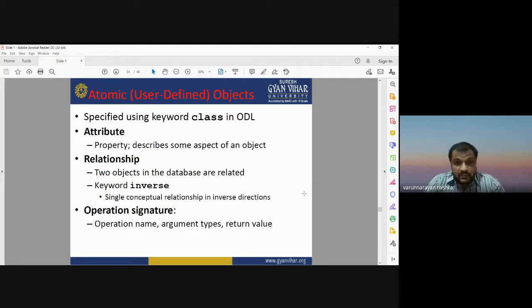Two objects in the database are related through a single conceptual relationship in inverse directions, and there is also the operation signature, which has a name, the argument types, and the return value. So atomic objects are user-defined objects that have attributes, relationships, and operation signatures.